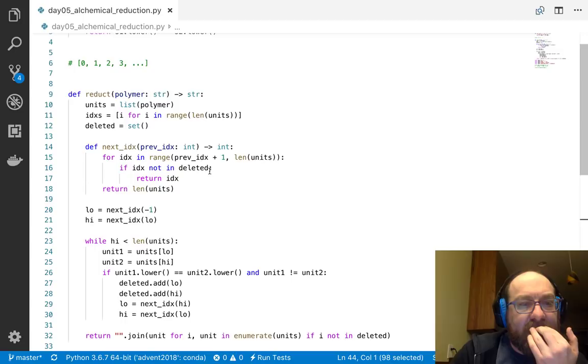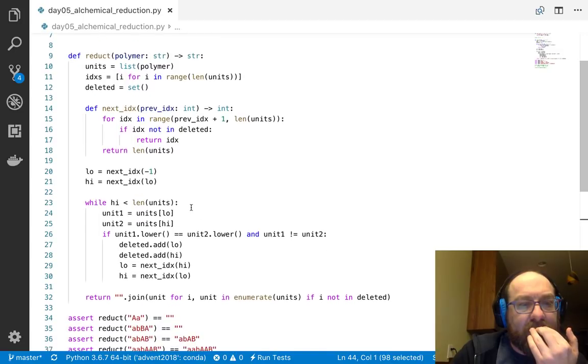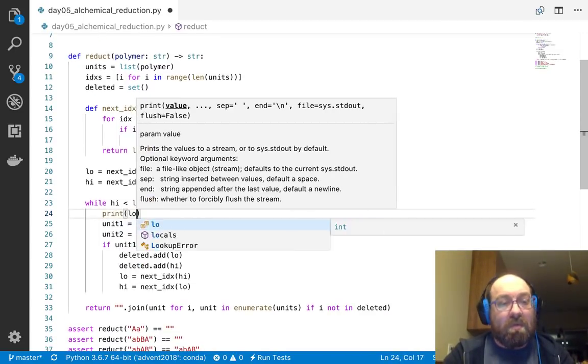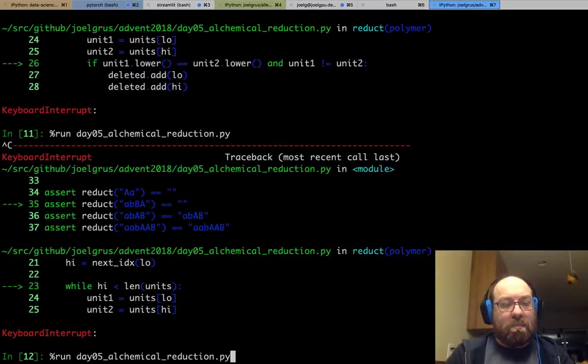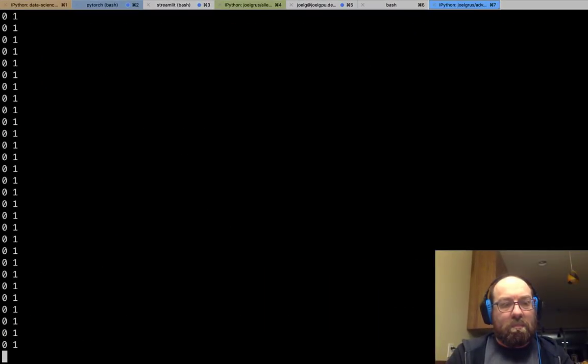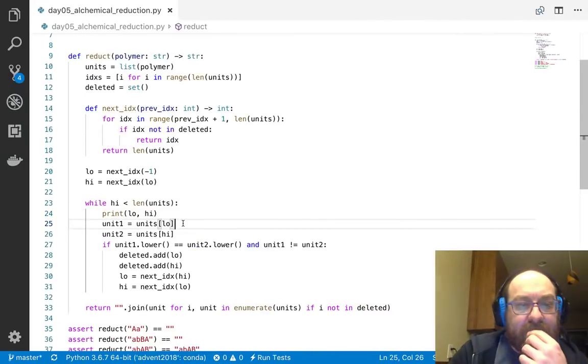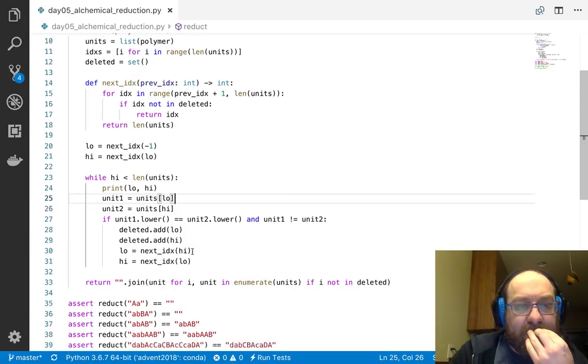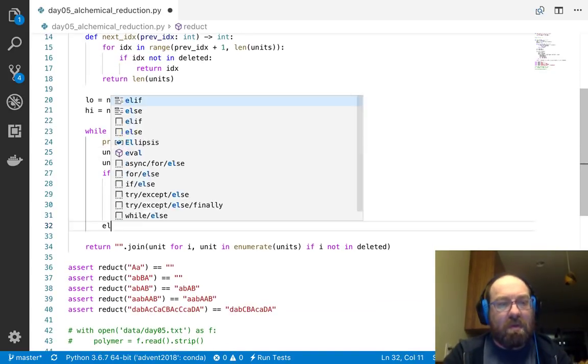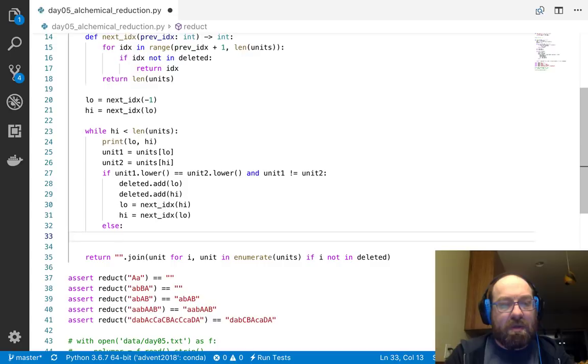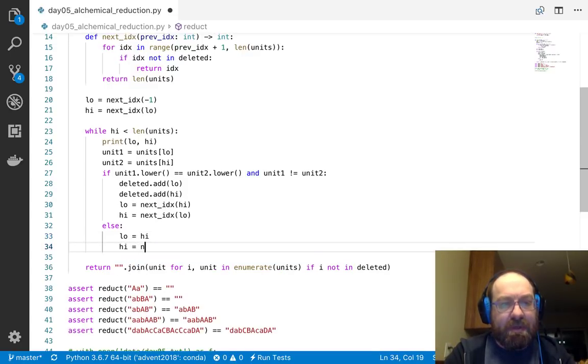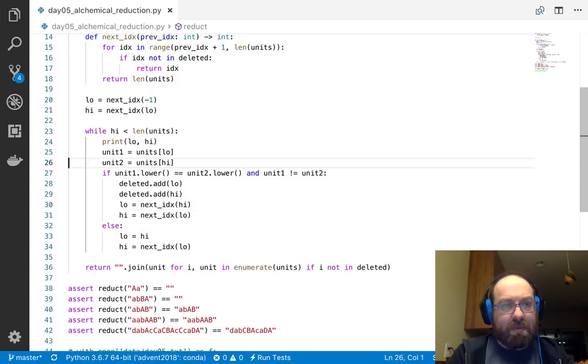And why is it stuck? Because this is otherwise low equals high, high equals next index after low. Okay, so